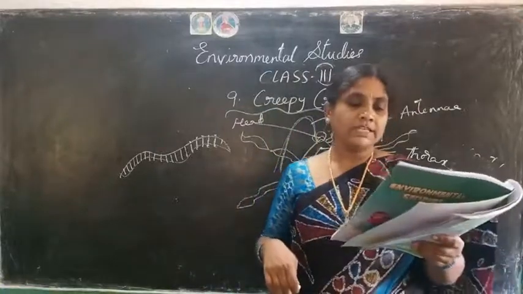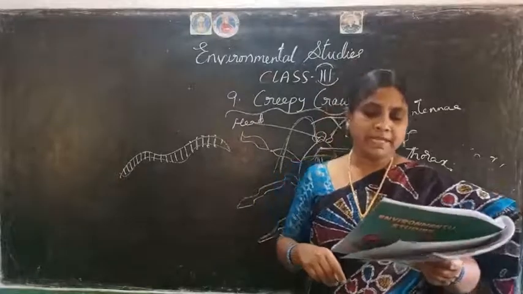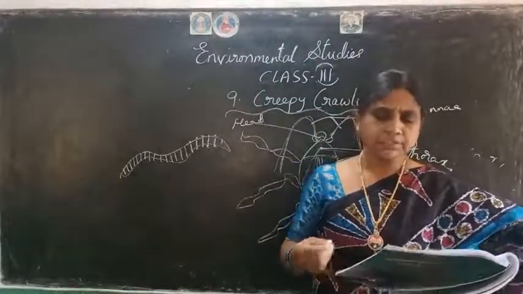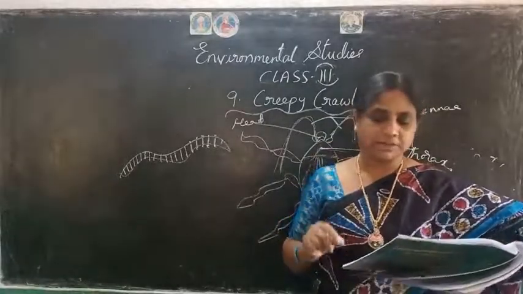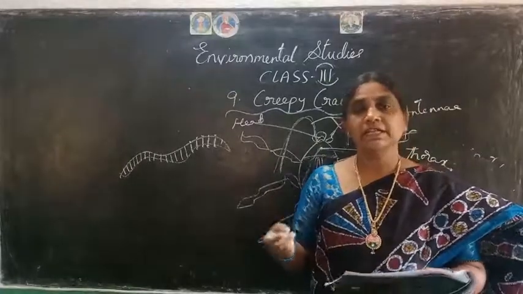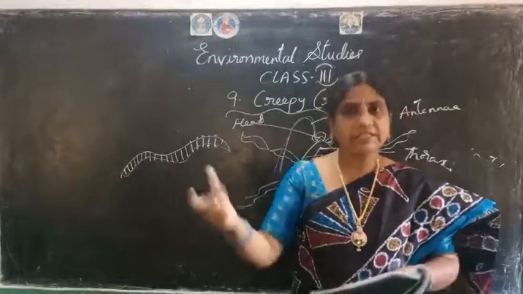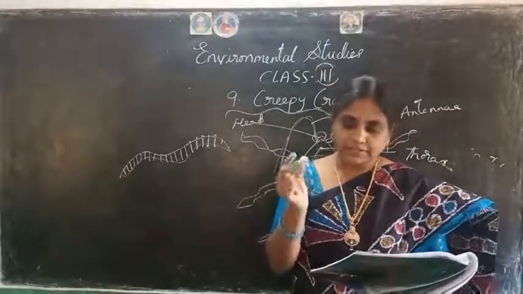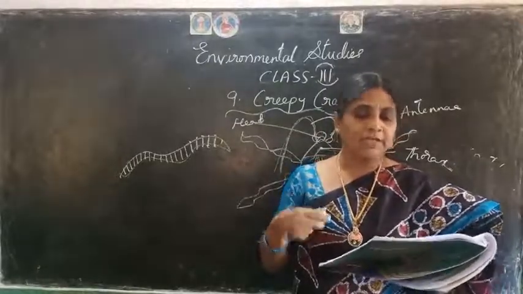Okay. Now examples are earthworms, tapeworms and centipede. Some baby insects look like worms before they grow up. So before they grow up, they seem to be small worms. Okay, even a butterfly, which is one of the most beautiful insects. When we see the butterfly, we feel very happy because we see the different shades and colors on its wings. But before that, first of all, it is a small worm. Looks like a worm before sprouting wings.